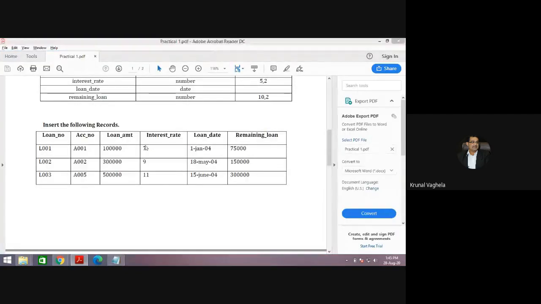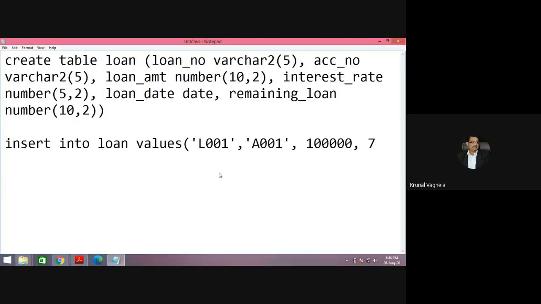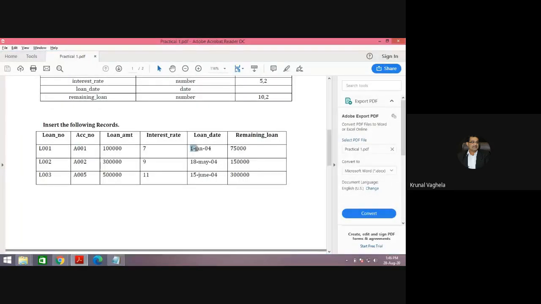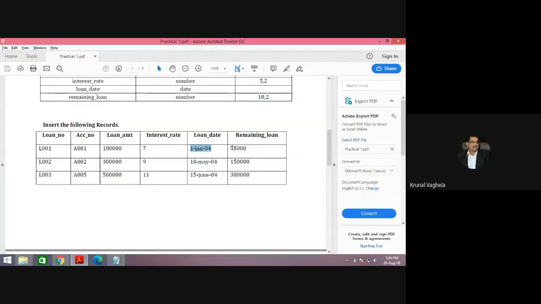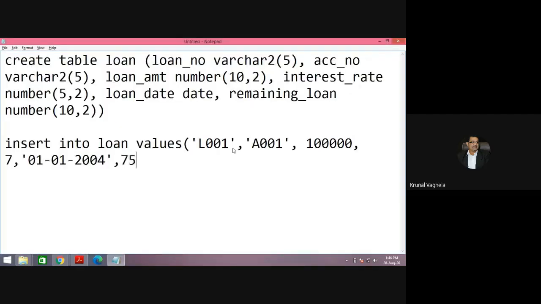Then interest rate is 7. Next, you must be facing the problem in Apex. This is 1st January 2004. So MMDDYY means single quote, month is 01-01-2004. You need to store like this, comma, and remaining loan is 75,000. Bracket over. So let me copy